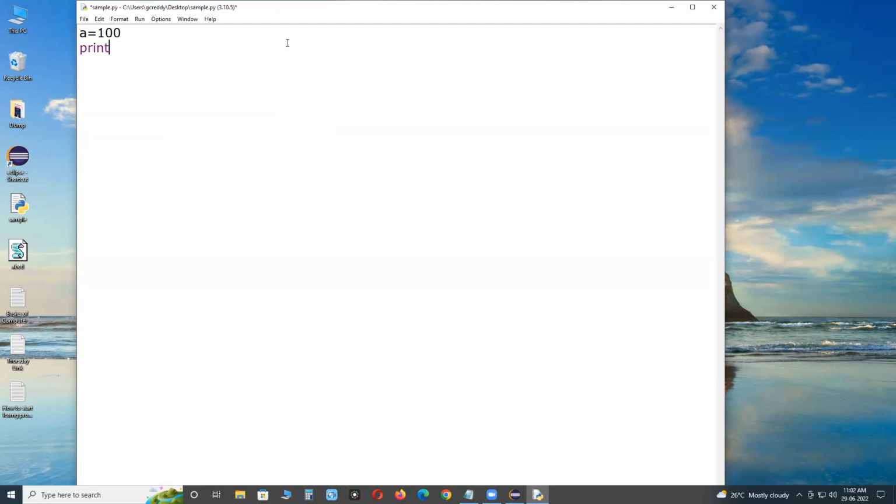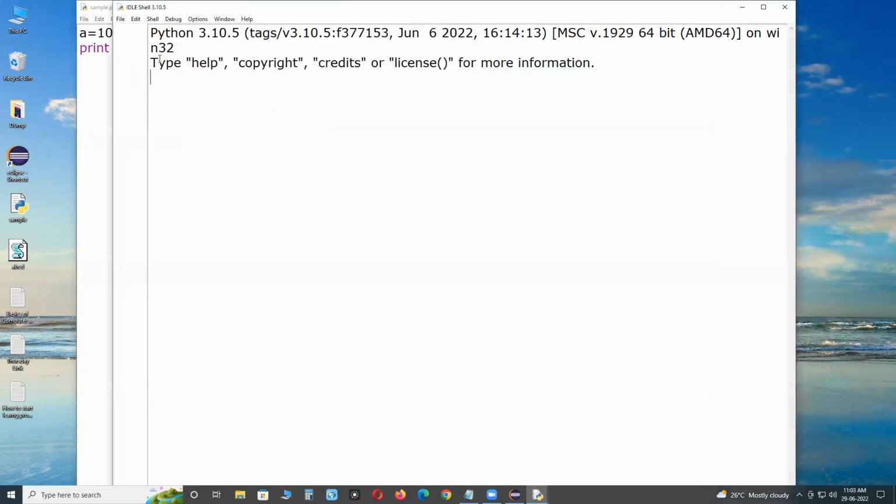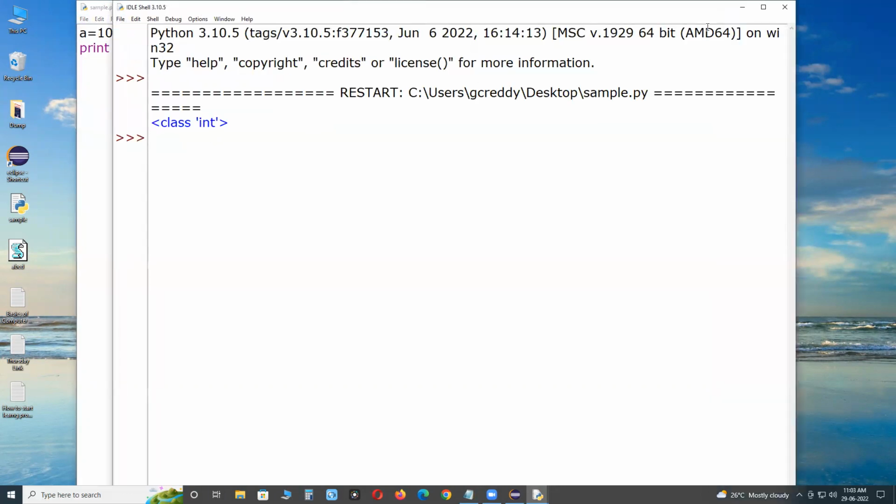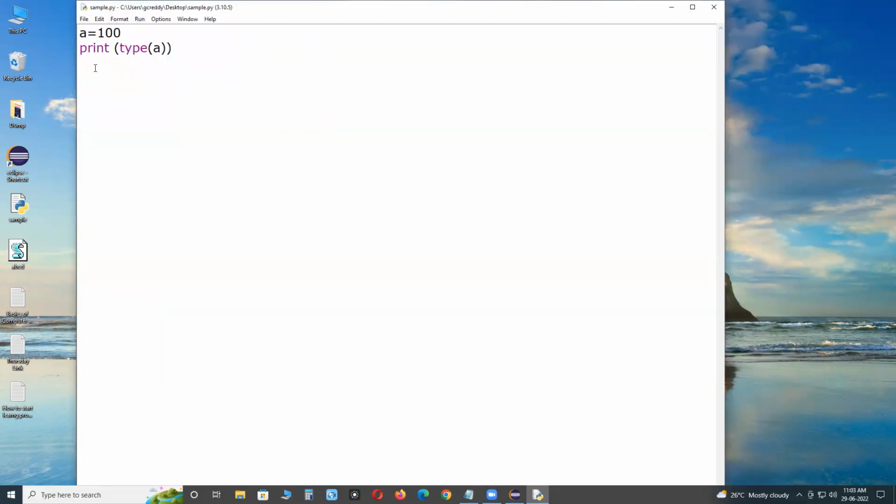Suppose print type of A. Save, run module. Int. Based on the usage of data, it considers the type.